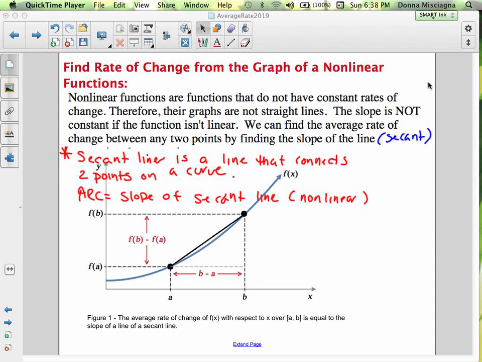So here we have a little example. Our function is the blue one. And we have 2 points. We have f of a, taken when x is a, and f of b when x is b. The average rate of change of f of x with respect to x over a, b is equal to the slope of a secant line. All right, so that means the average rate of change,